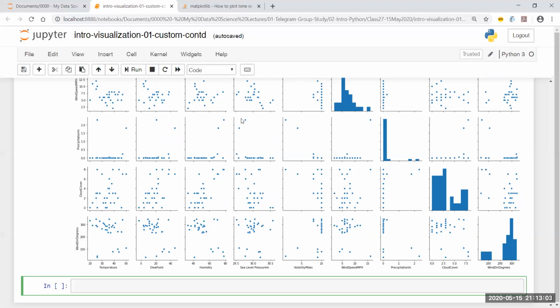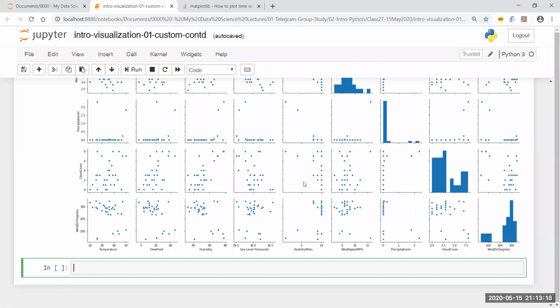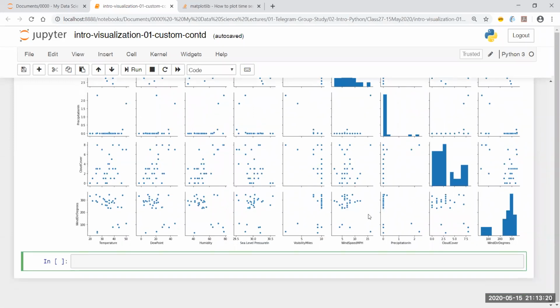I can see there are two things created over here. This is sea level pressure in with respect to precipitation in. But when it comes to this graph, this is really divided very, very well. I have one section over here, one section over here, clearly divided. Everything else has a very regular or normal kind of spread. I can't really do much differentiation, but I can do something over here.